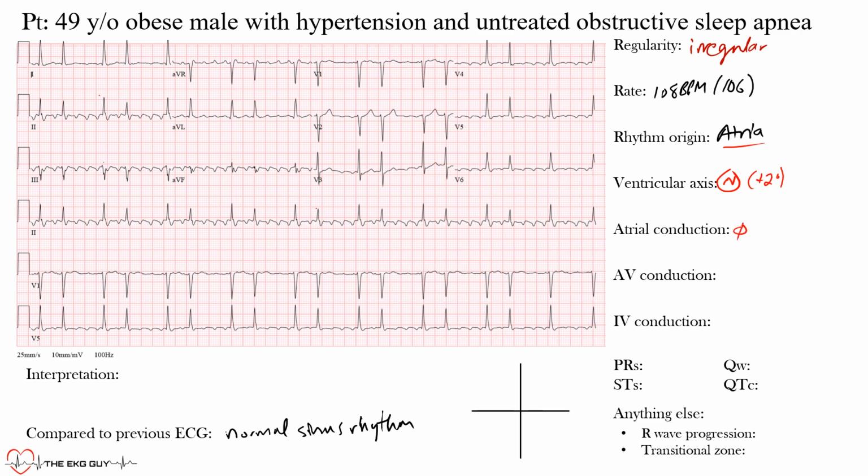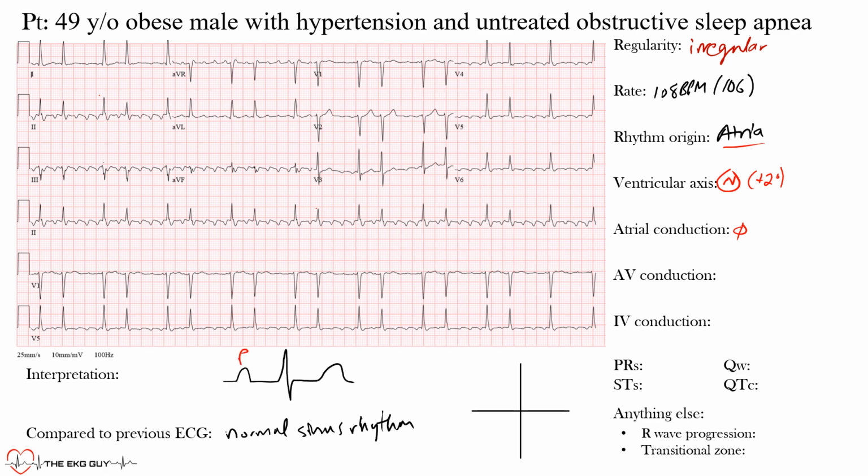In fact, this patient did have atrial enlargement, left atrial enlargement, and that should make sense. We have an obese patient, hypertensive, with untreated sleep apnea, with this rhythm that we're seeing here. Okay, so AV conduction. If we just try to show you what we're going through,